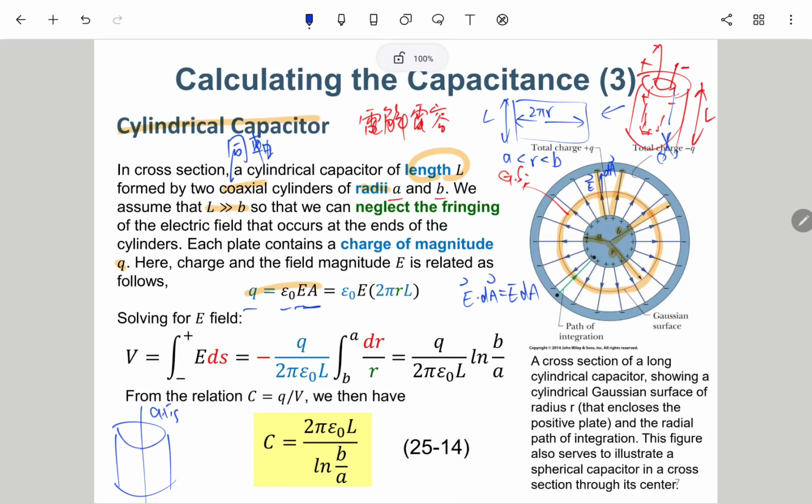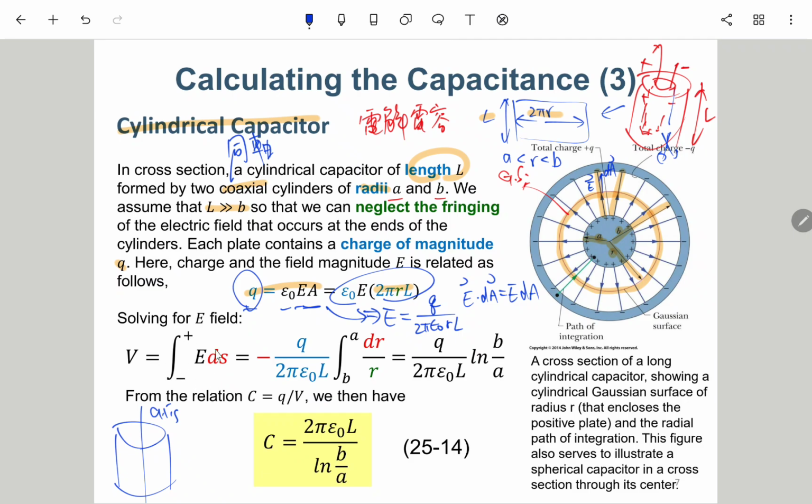So here we have 2 pi r L. So Q equals this expression, which means that we have E equals Q over 2 pi epsilon naught r L. So we just have the expression from here to here, and then we try to plug it there. So we have a V